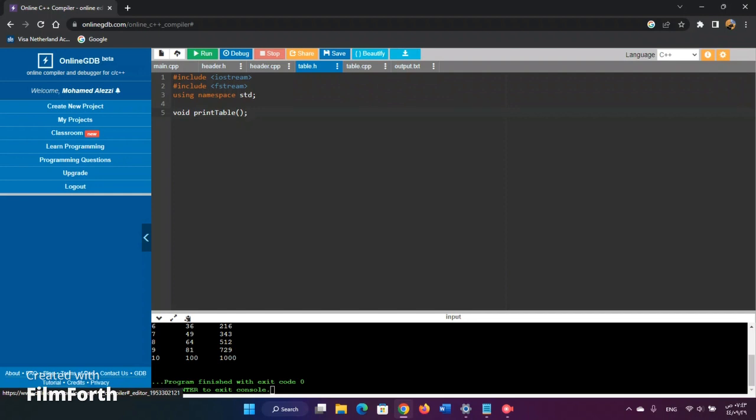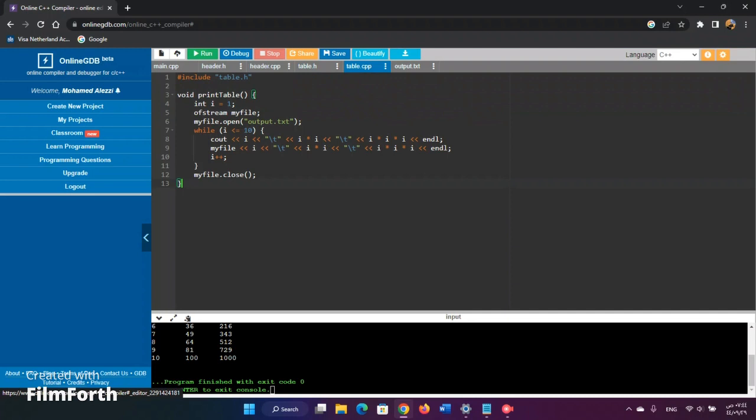In the table.h file, we created the void print table function, and in table.cpp we call the table.h file. Inside the table.cpp file, we created the void print table function, int i equals 1, and ofstream my file dot open. We will open the file